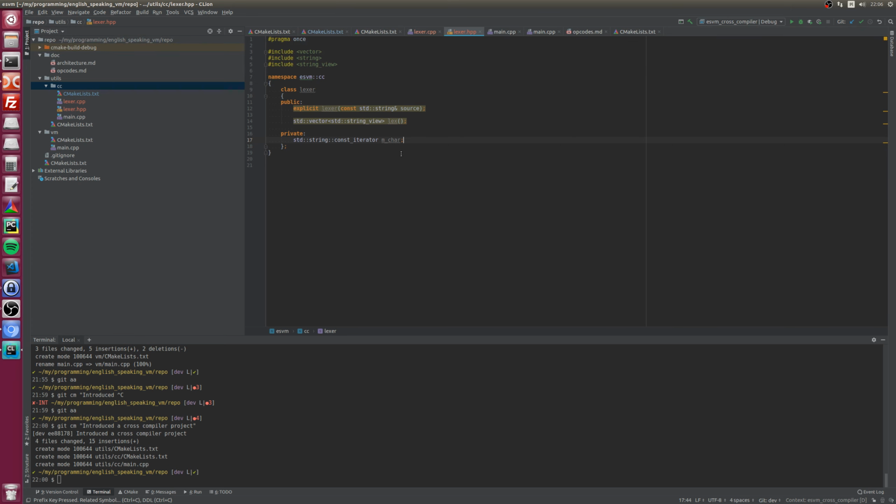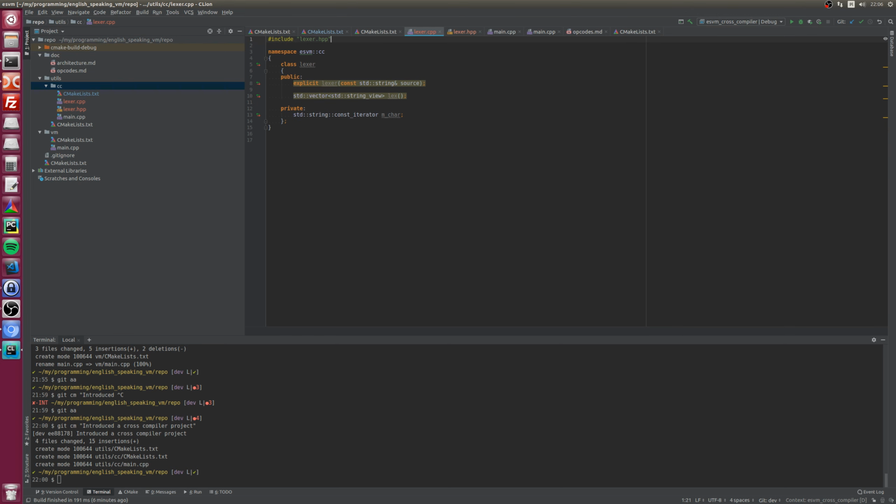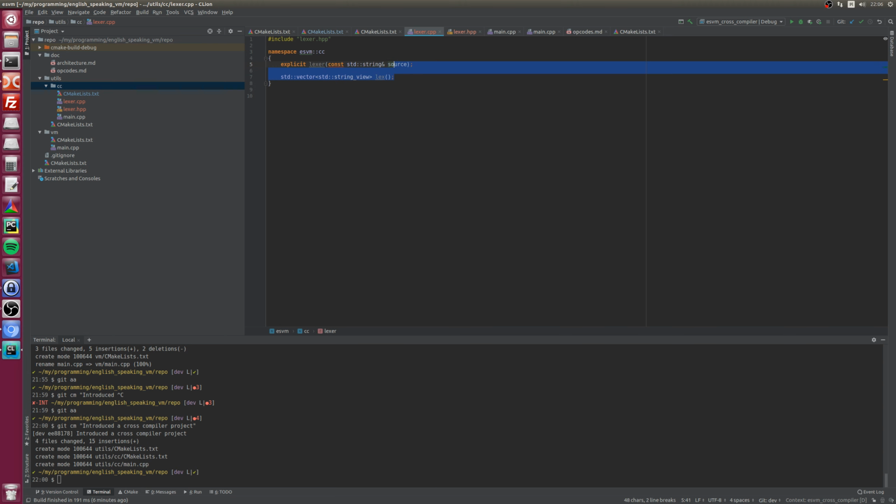Lex. Yeah, let's go to the cc here and implement a couple of methods. Lexer, yeah, let's just have it all in one directory. Cool. Okay.